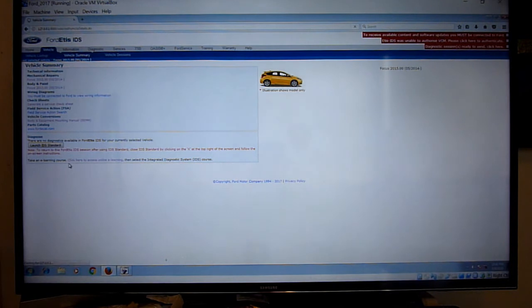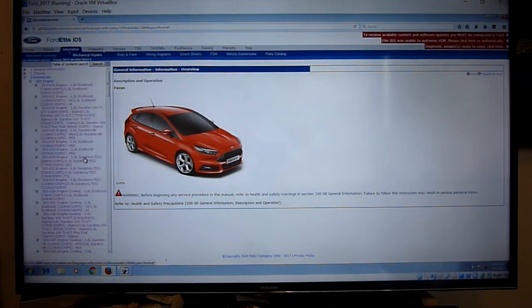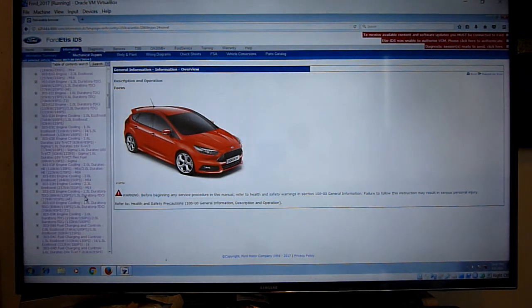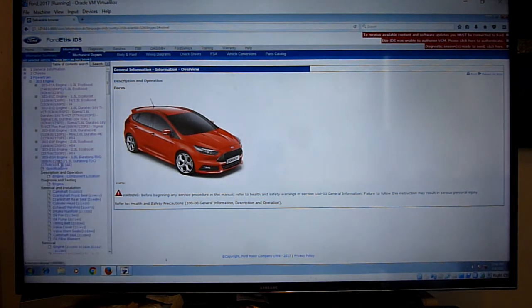Can't do the wiring diagrams. Press on that. Press on powertrain. That's a bit interesting because I want to do a timing belt. 88 kilowatts, 120 horsepower, 1.5, and I think it pops up a couple more times. There is again, so different options. Not exactly sure why it's just split up, so have a look down the list. I'm interested in this one at the moment,